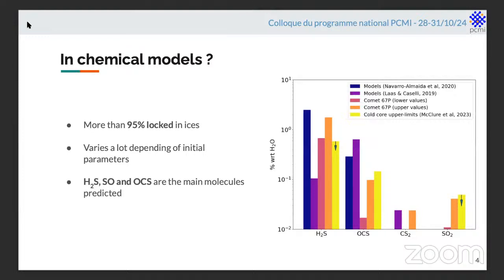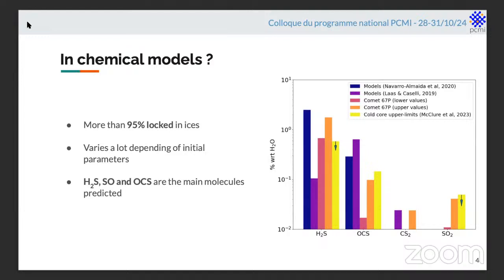So what about chemical models? What do they give us as hints? There are two studies, the first one is from Navarro Almeida in 2020, and the second one is from Laas and Caselli in 2019. They conducted a big study of sulfur and its chemical network. They updated a lot of things that were missing, a lot of data from the lab and other things in the network. And they arrived at the same conclusion that more than 95% of the sulfur in the cold dense